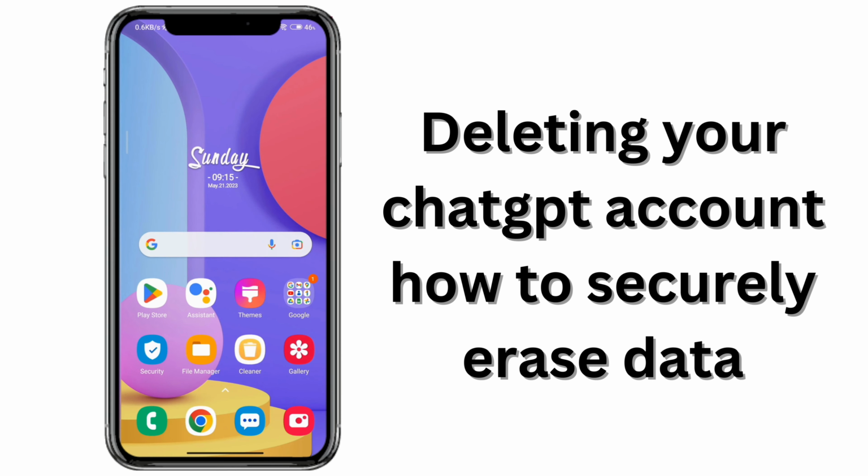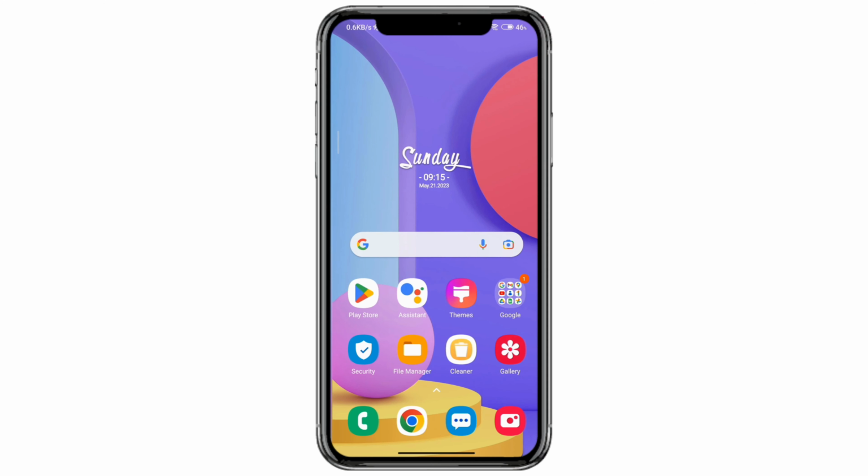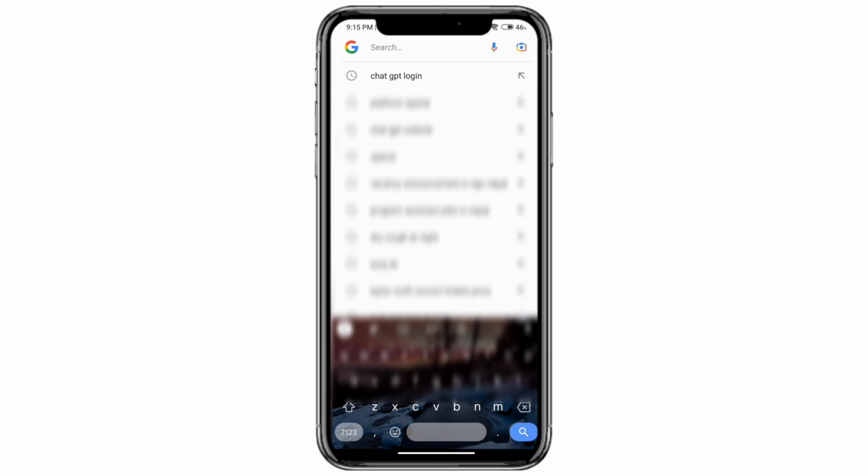Deleting your ChatGPT account. How to securely erase your data. If you're looking to delete your ChatGPT account in a safe and secure manner, well, you've come to the right place. Let's get started. First thing you want to do is go ahead and open any browser and then type